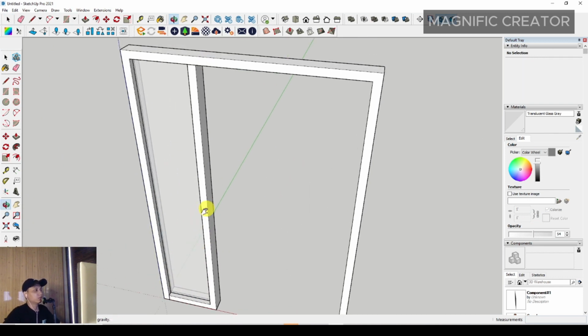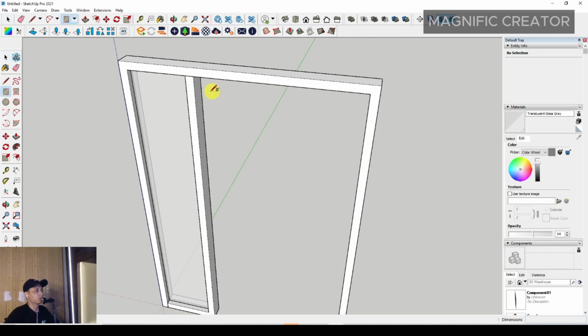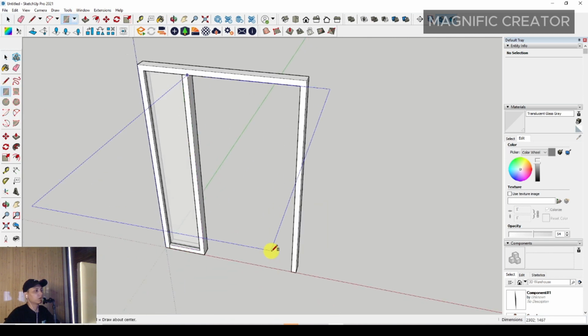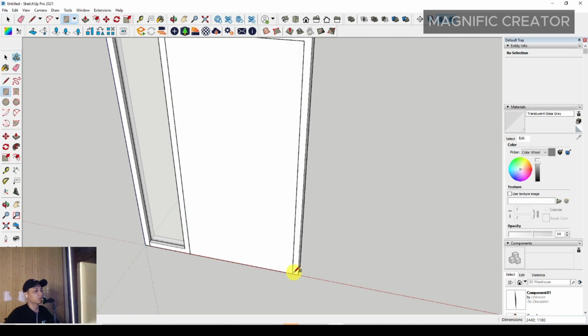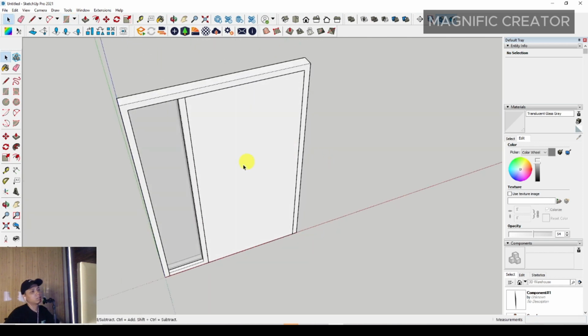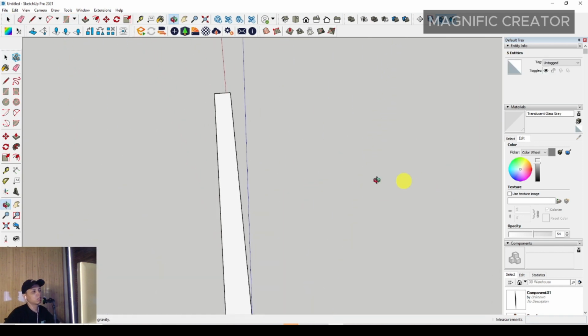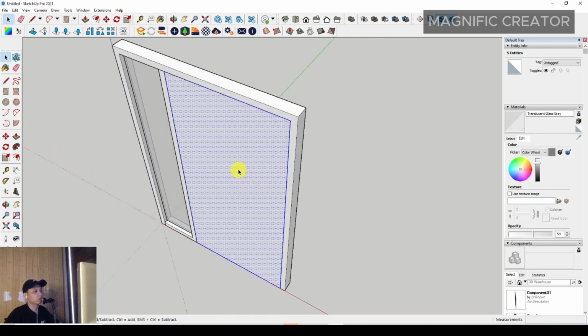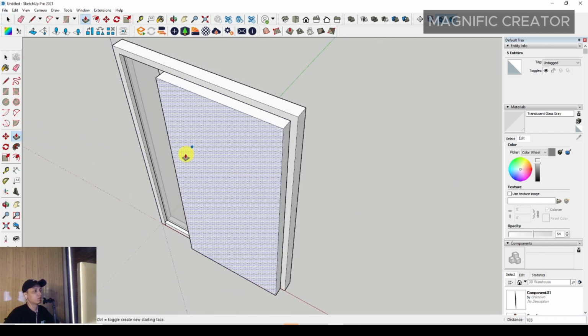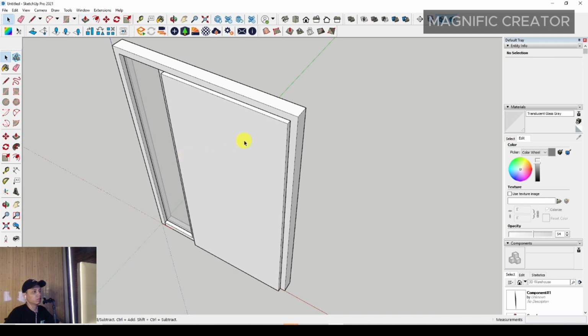Okay, and after that you can make a door leaf with a rectangle in this position. You can see the rectangle base, something like this. Then you can push it to the front around 40 millimeter. Okay, and then you can